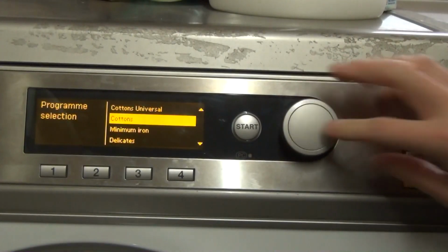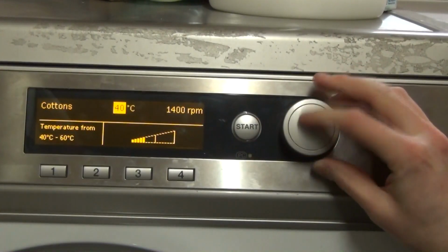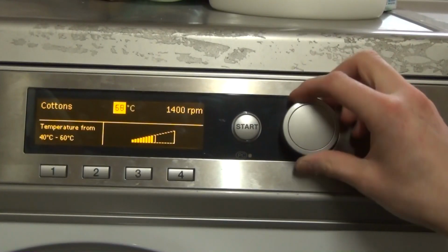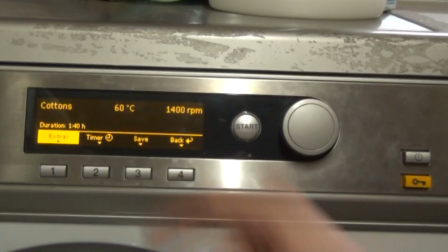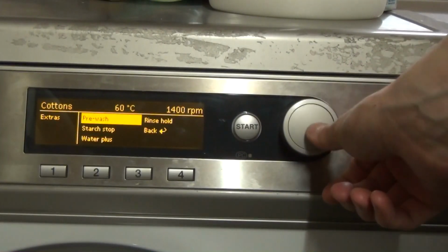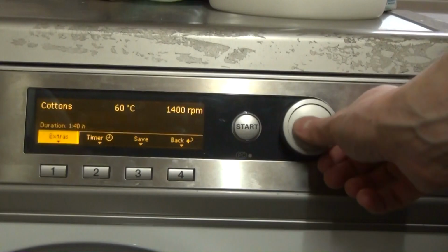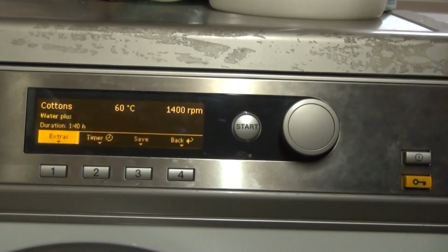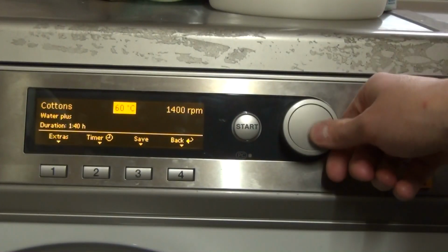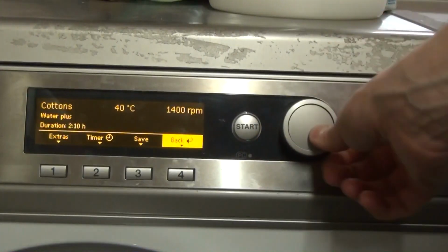Right, then we've got Cotton's, which is your Cotton Standard program. And of course, this goes from 40 to 60. So you've got standards 40 and standards 50, 55, and drop to 1 hour 40. So that's quite interesting. I'll do Cotton's Universal 40 at some point because it's 2 hours 10, which is a bit weird. This we got a pre-wash, which is 8 minutes long. Oh no, it was on the last one anyway. We've got Water Plus as well, which by the looks of things doesn't add on an extra rinse. Neither at 40, so it's there, but